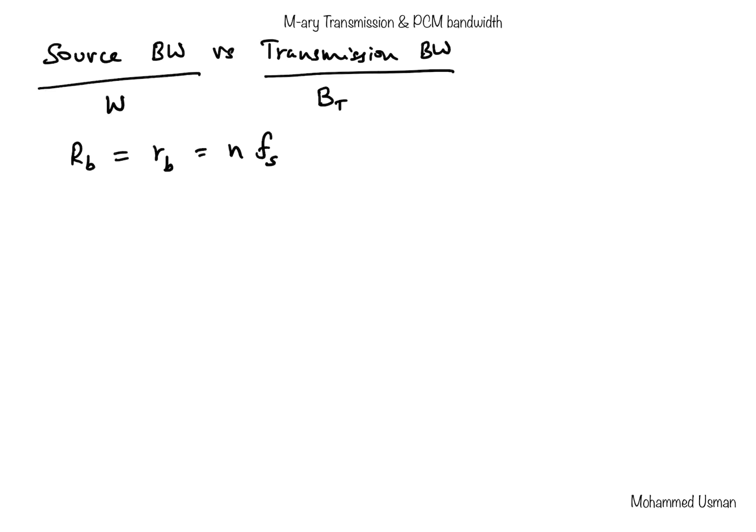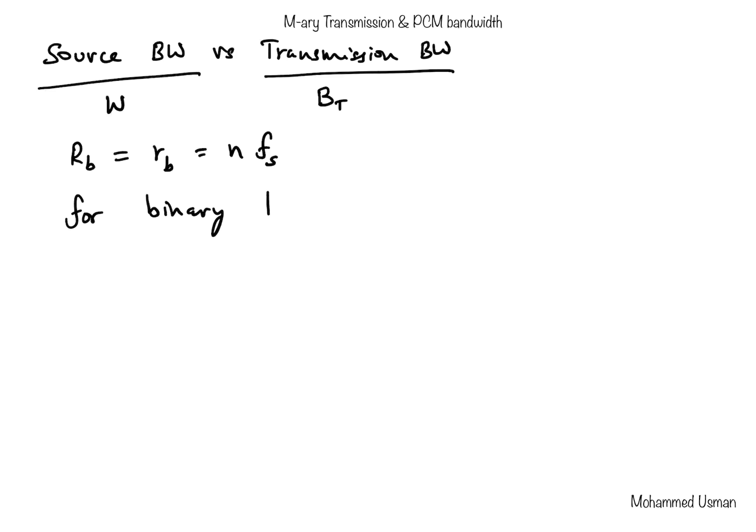So the A to D converter is producing this lowercase rb bits per second, and all of those bits have to be transmitted. So the transmission rate is set to be equal to the source bit rate, and that is equal to n times Fs. And if you want to communicate this with the binary transmission,